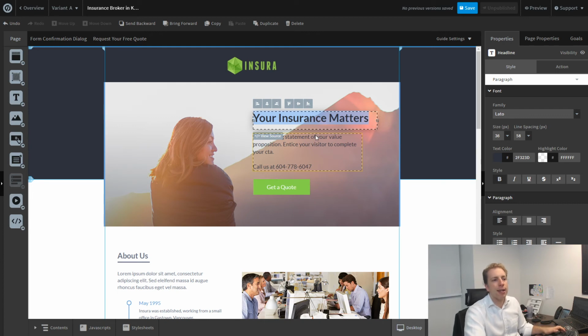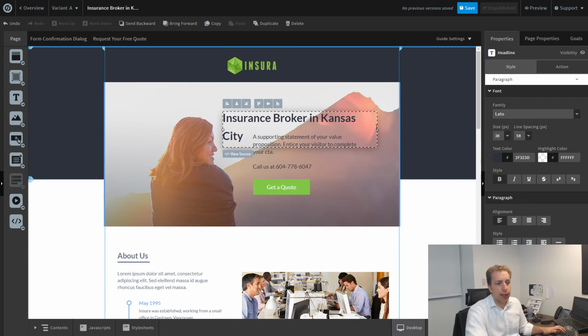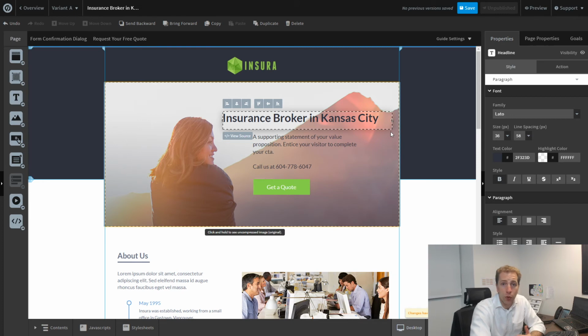So the headline ideally needs to match your keyword term. So if you're doing the term insurance broker in Kansas City, if that's a search term that you think people are going to search for when they're in Google or Bing, then that's what you need to add here.